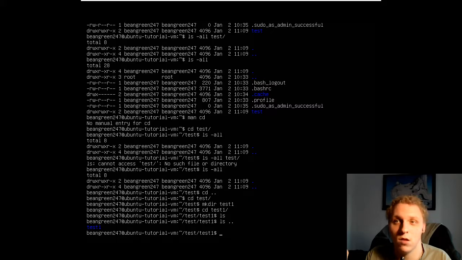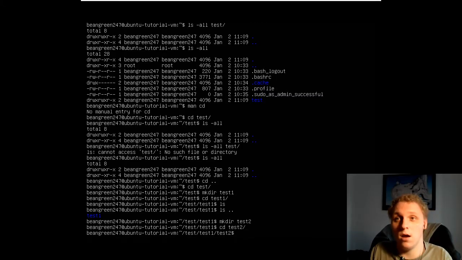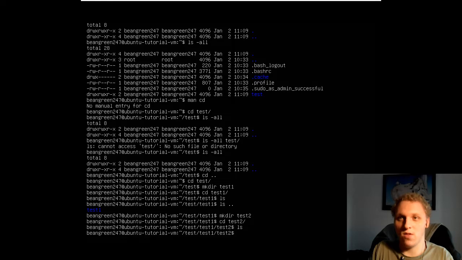That's it. So that's cool and all, but let's say you are like 2 layers or even 3 layers deep. Let's make another test folder, let's create another one and cd into it. As you can see, it's the empty folder, there's nothing in it. So as you can see, we are currently 3 layers deep. And let's say you want to move all the way over here, and you want to do it in